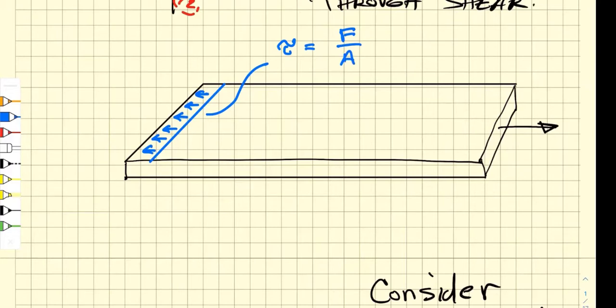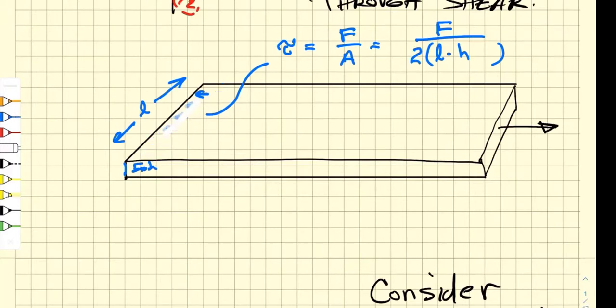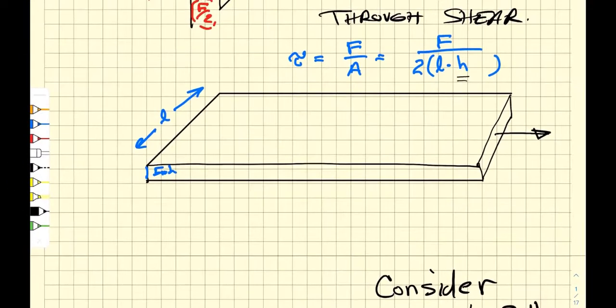Well, what is the cross-sectional area? We know that we have a weld length L, and we also have a specified weldment leg size of 5 millimeters. And so we would have the applied load divided by L times, well, I'm going to call that 5 millimeters, or I could also call that H. Let's go ahead and call it H because that's usually the way it is specified. And in this case, there are two such areas, one on the top side and one down on the bottom side. So that becomes our shear stress. Now, because welds are not perfect, we don't like to use the value H. Instead, we use a different value, but we'll get to that in a moment.